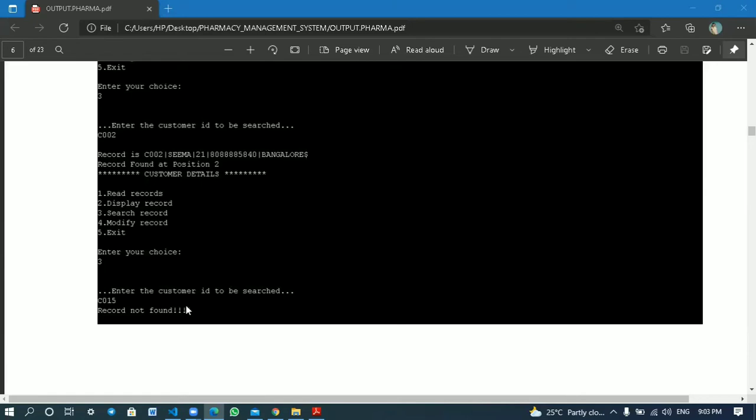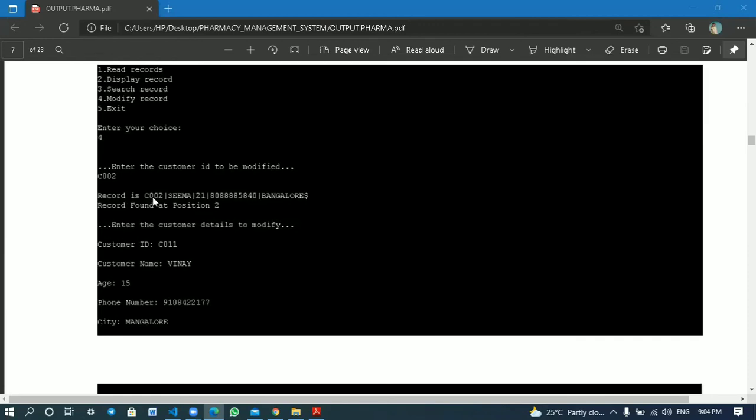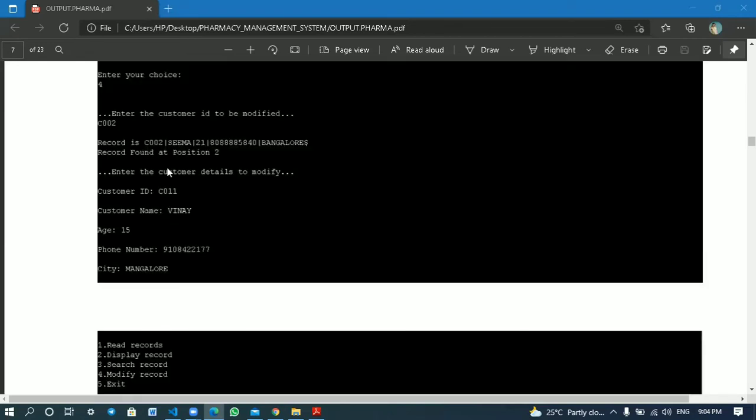If it's not present, it will print record not found. If the user enters the choice as 4, that is to modify the record, then it will ask the customer ID to be modified. If the user enters an already present customer ID, then it will present the record and the record position. If it is not present, it will print record not found.